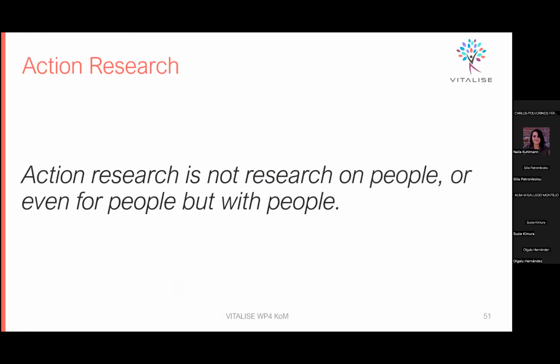And one of the methods, and maybe we could say it's even almost a methodology that encompasses participation and user-centeredness in research-led design, is action research, which is used more and more frequently in living lab settings. And action research is a notion coined by Kurt Lewin, and he defined it as an action